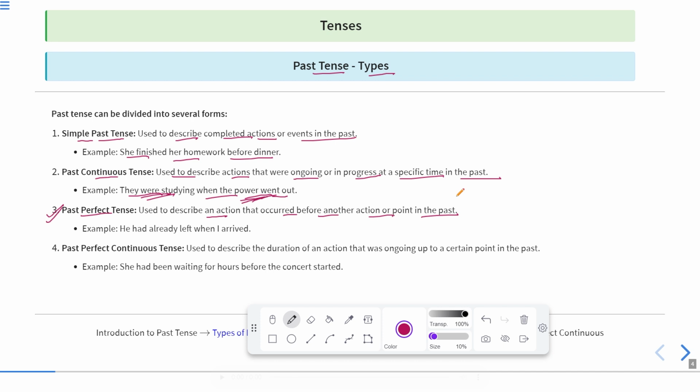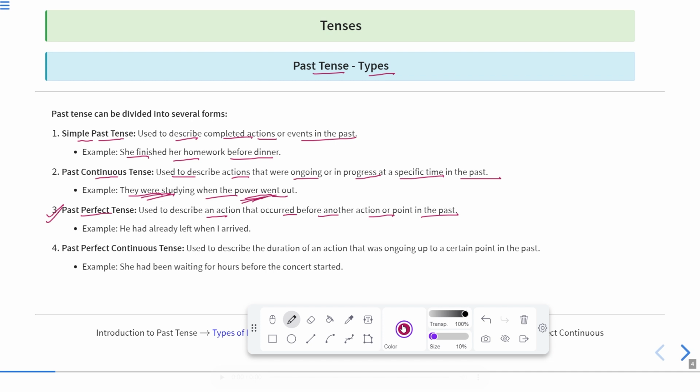Okay. Also, it shows some actions that occur before some time in the past. For example, you have been invited to a party and you have been given the invitation for 8 p.m. for dinner. Okay, but you reached there at 7 p.m. Now you reached before time. Okay, so this reaching before time shows that you had reached there before the party began. Okay, so there, before the beginning of the party, you reached there.